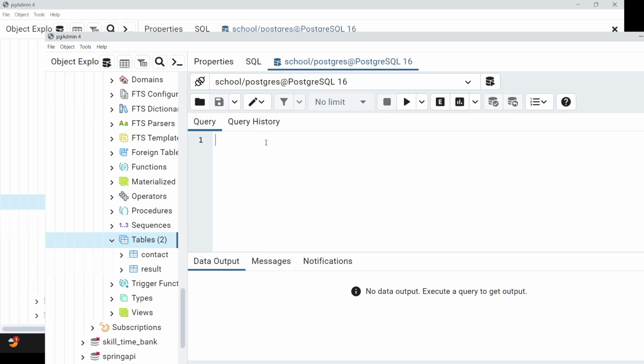So, a basic query: what is the SQL query for getting all the records from the database? Remember, for fetching all the data from the database, it is the select query. Okay, no worries.